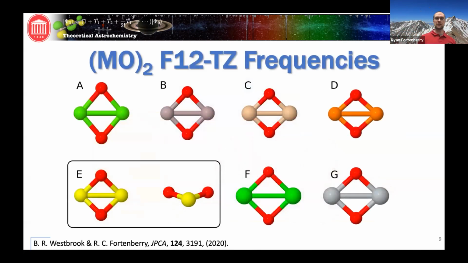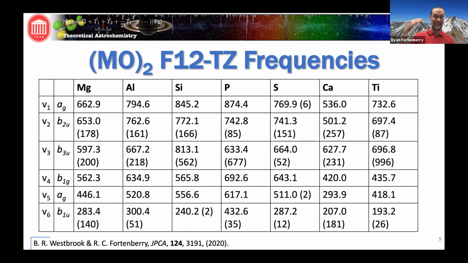And so we did a similar study for many of these inorganic oxide structures, where we went across the periodic table. So things like magnesium, aluminum, silicon, phosphorus, sulfur, calcium, and even titanium. And what we were able to calculate from these were that we get, again, really bright intensities, some that are even 10 times the antisymmetric stretch in water, again, for Si2O2, P2O2, and Ti2O2.